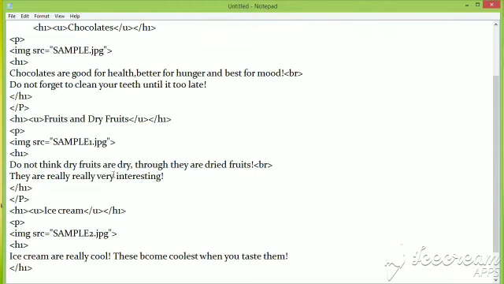Do not think dry fruits are dry. Though they are dry fruits, they are really very interesting. H1 close. Now for inserting the third image, we have to use again H1 tag along with U. U stands for underline. Then the third image is ice cream. Instead of ice cream, I am taking the sample picture 2, that is